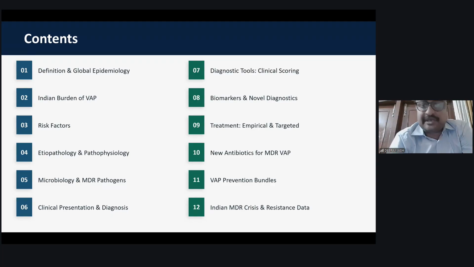A little bit of discussion about the epidemiological aspect and the Indian burden of ventilator-associated pneumonia, the common risk factors, etiology, pathophysiology. I will not go into details. So I will straight away go into the clinical presentation, different diagnostic tools, both clinical, serological, and biomarker based. And treatment, I will focus on the most common types of ventilator-associated pneumonia organisms and the targeted treatment based on that. Newer antibiotics which are in the pipeline for MDR VAP, a little bit of discussion about the VAP prevention